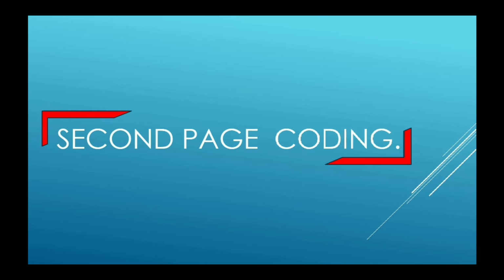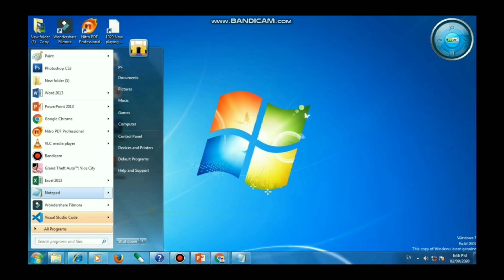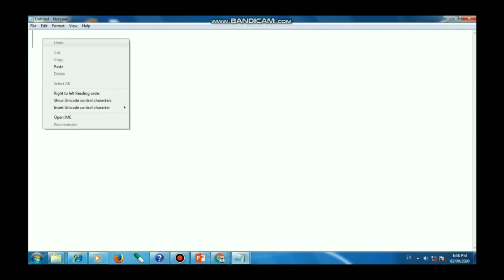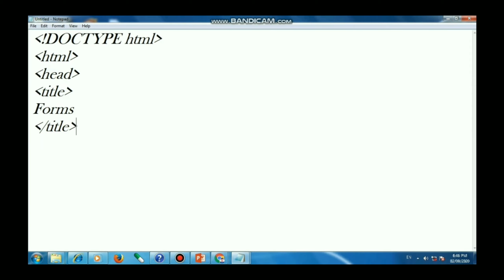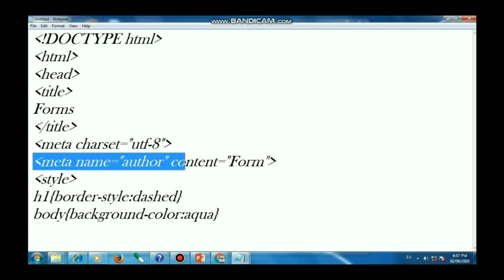Now let us start the second page coding. For the second page, take a new file in Notepad and start your coding with doctype HTML, head, title, and here the title is forms. Then close the title tag, then meta charset equals to utf-8, then meta name equals to author, content equals to form.